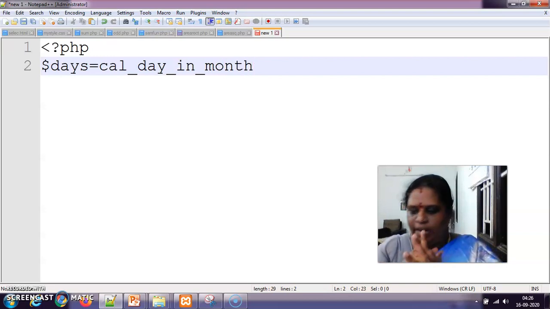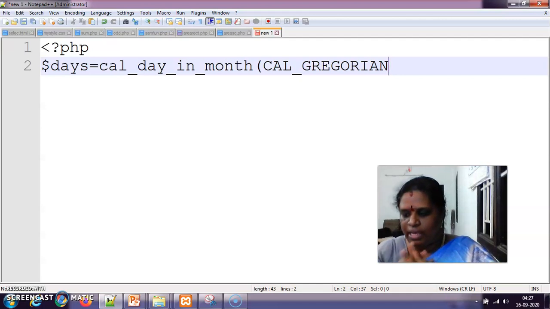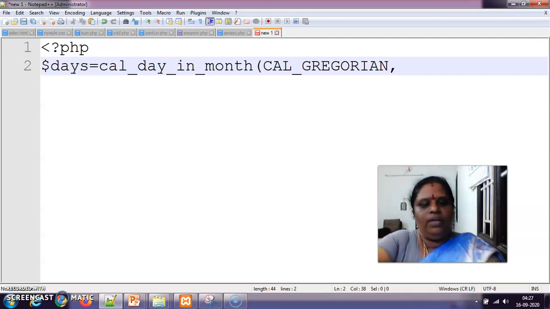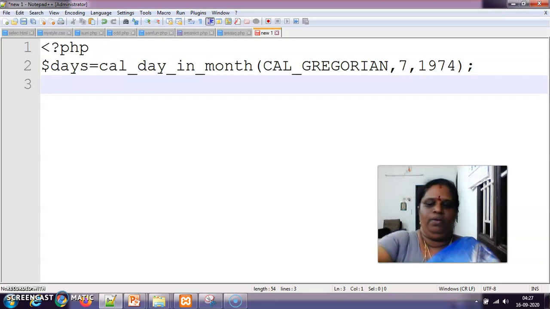This is the predefined function which we saw, and we are going to send the Gregorian calendar, 7th month and 1974. I am going to close this with a semicolon. In 1974 year, 7th month, how many days are there? We are going to print that using a print statement.